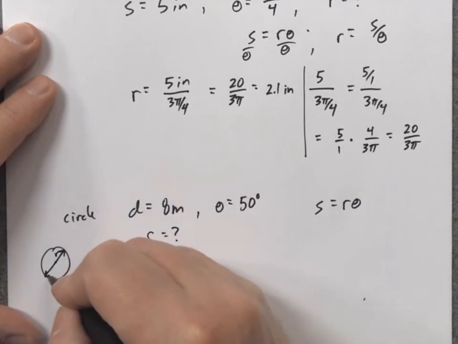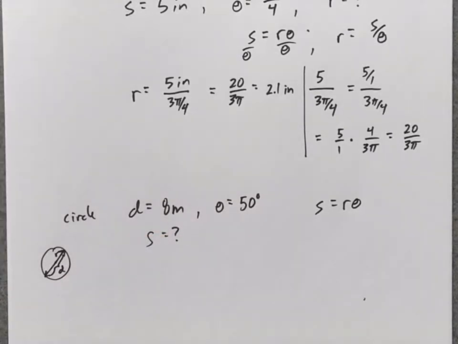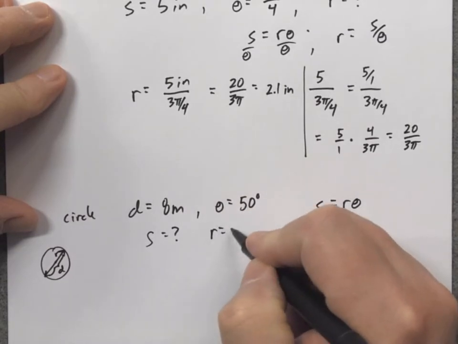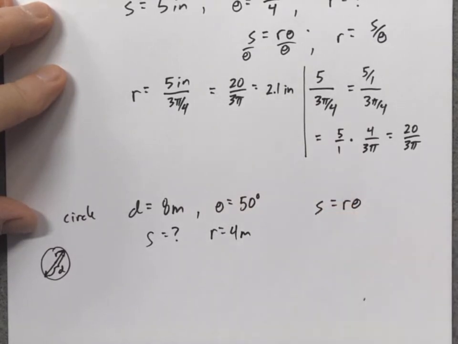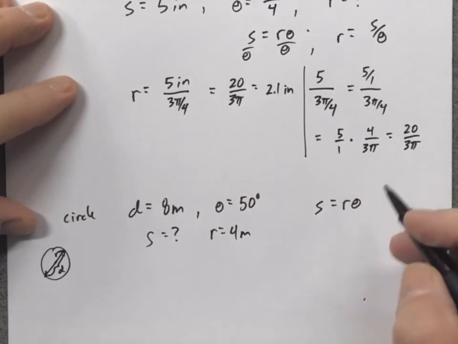If you go all the way across, that's a diameter. So the radius is always half the diameter. So if the diameter is 8, the radius is really 4. So I know r. Now I also need to know theta, but don't forget,